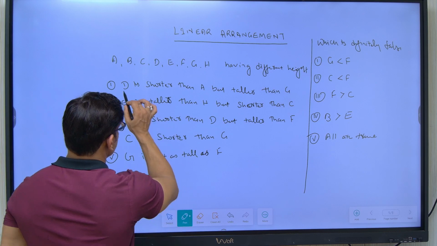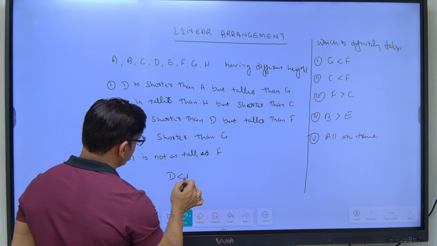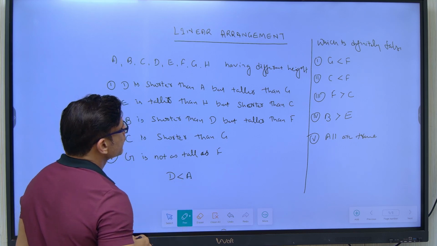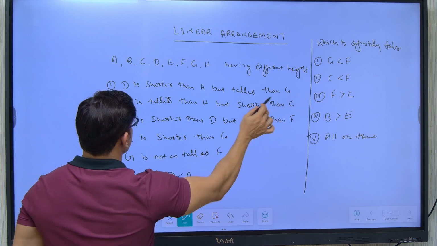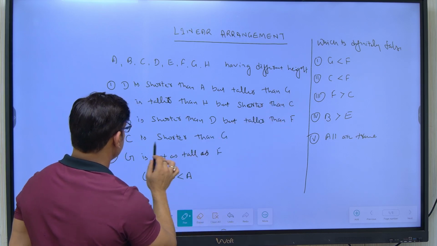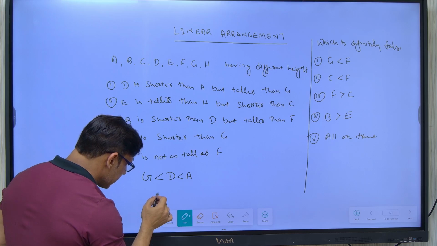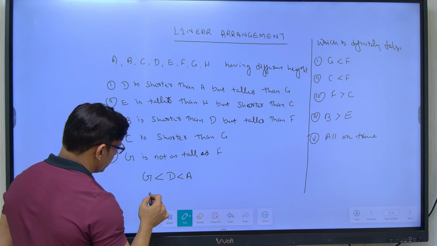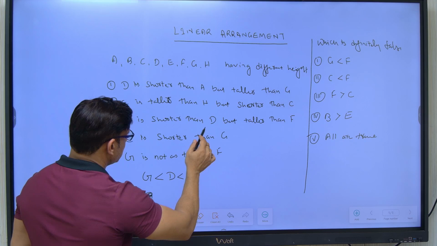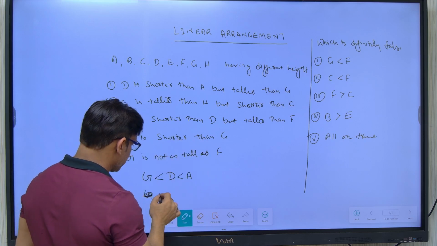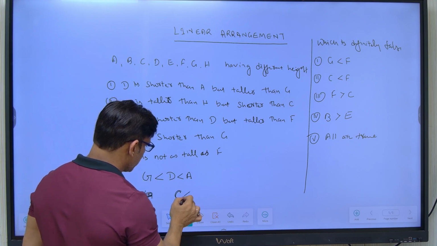that D is shorter than A. First line. D is shorter than A, but taller than G. This line. Now find out where G is mentioned, and then it is given that C is shorter than G. So G is taller than C. C is shorter than